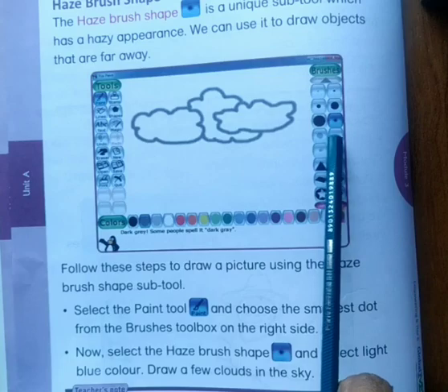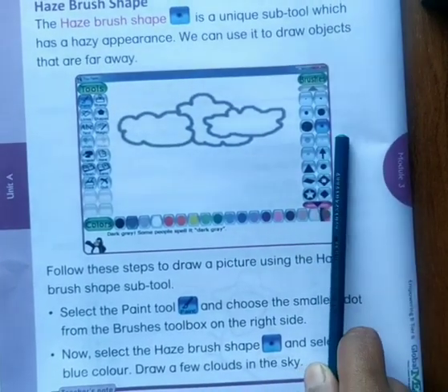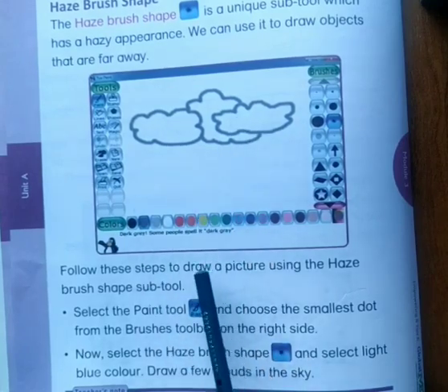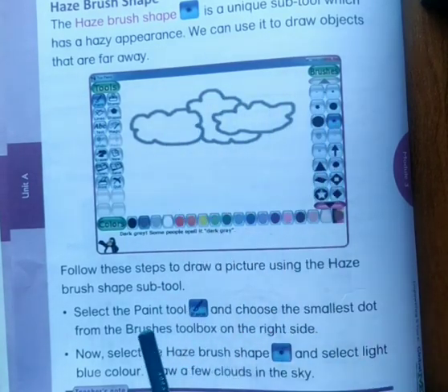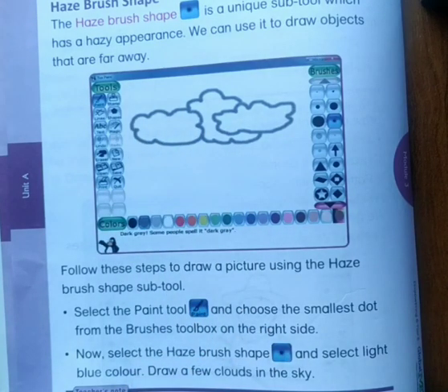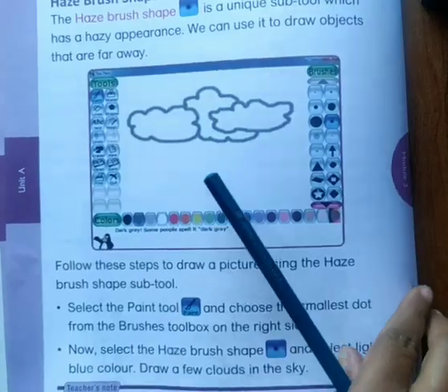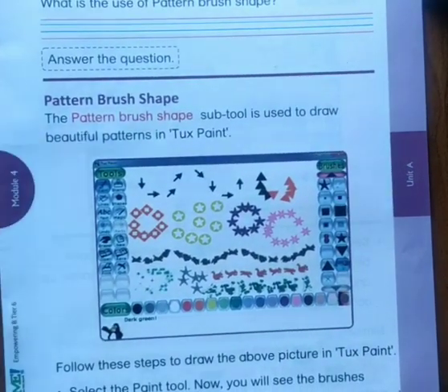Here, see, it is the brush shape. If you select this and start, then you have to select the blue color or whichever color you want, and if you start the cloud, you can see here the cloud shape. Okay, have we got it?